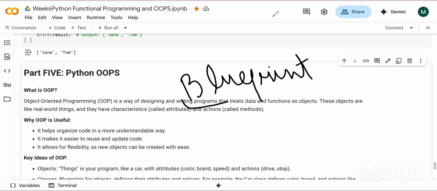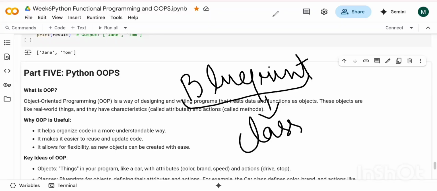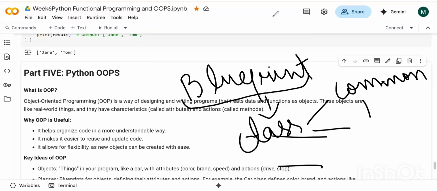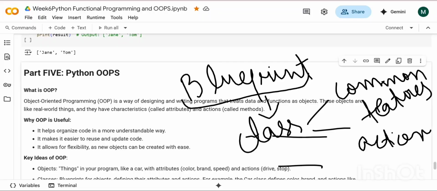This blueprint is known as a class, that defines the common features and the actions for all the objects, which means methods.